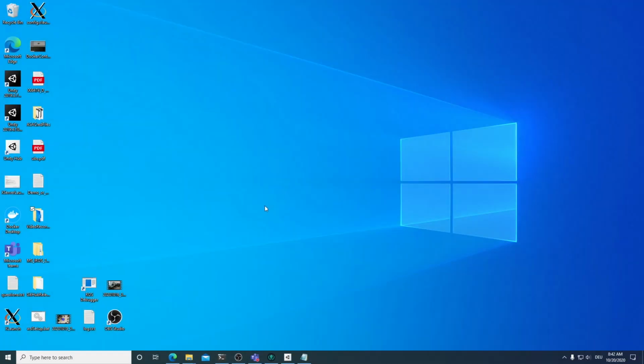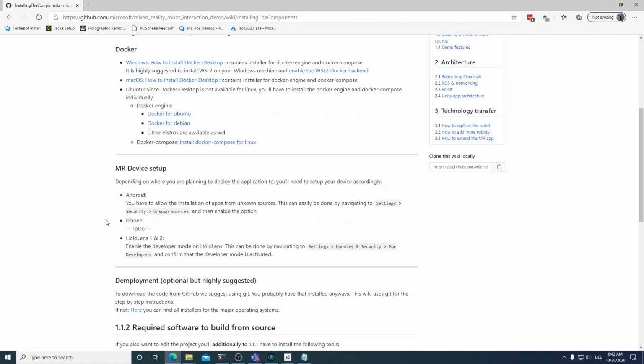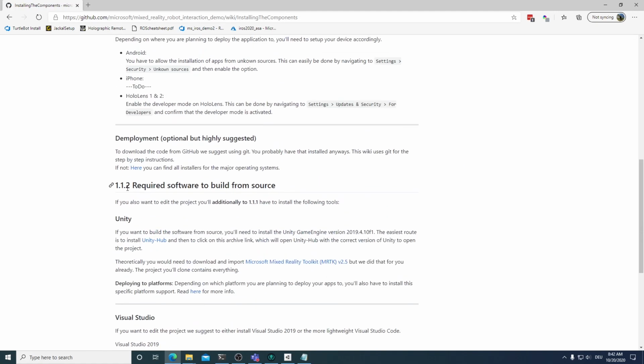Okay, in method 2, we learn how to build and deploy an Android app directly out of Unity. For that, first you'll of course have to install Unity. In our GitHub wiki, under chapter 1.1, installing required components, you can find the section 1.1.2, where we collected all the necessary links on how to install Unity. For deploying to Android without editing the actual Unity app, you will not have to install Visual Studio, only Unity